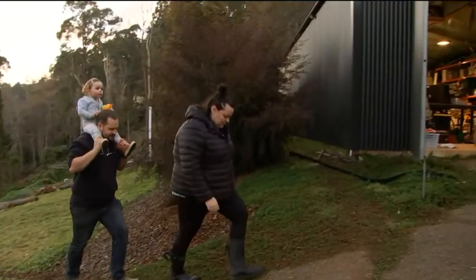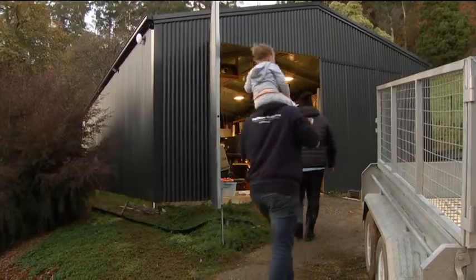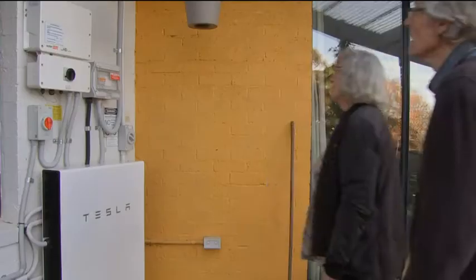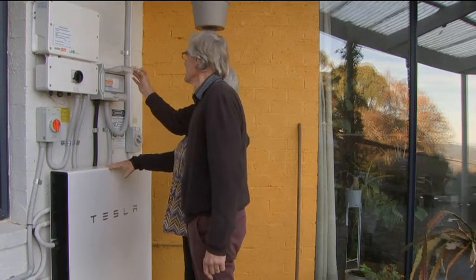This family also soldiered on with a system made from second-hand cells. The batteries allowed us to keep our NBN running and also our freezer. Converting this self-confessed cynic. I gave my husband a really hard time about putting these ones in, but I'm so glad that he persisted. Down the road, Freak and Eat's smaller battery system kept them in power on day one